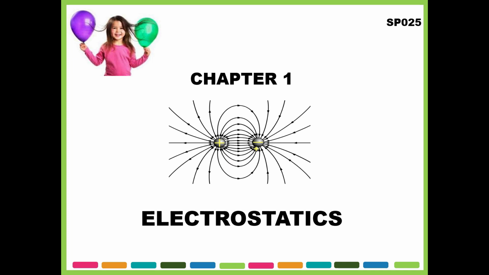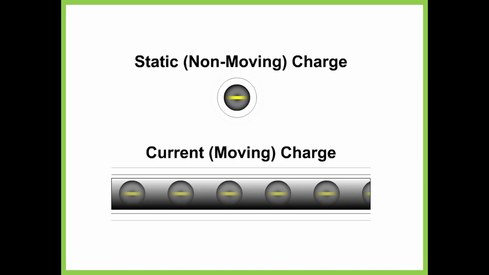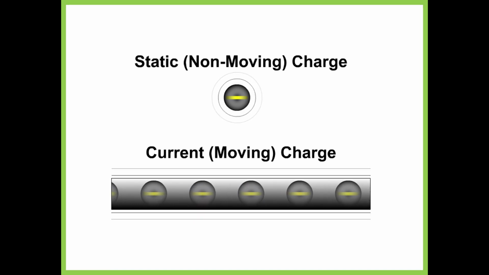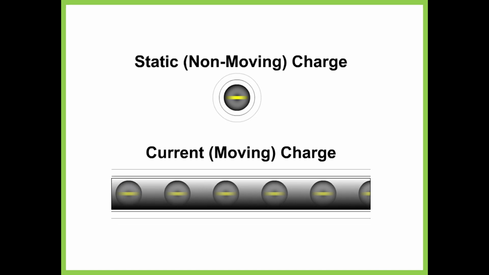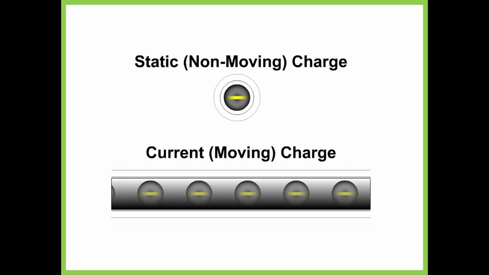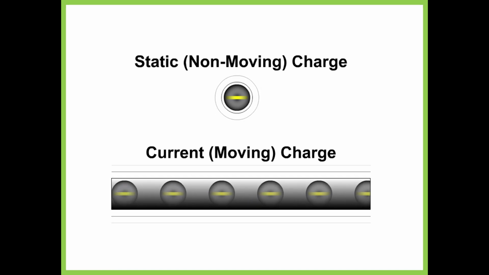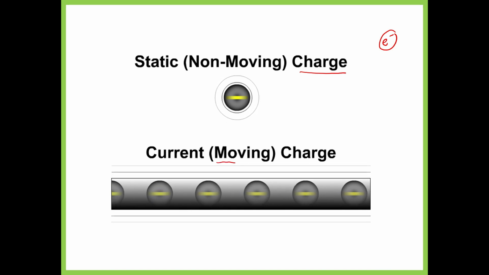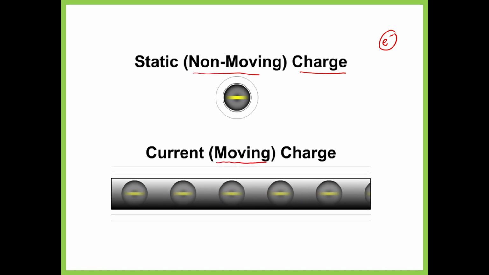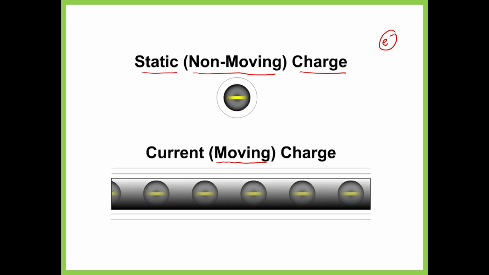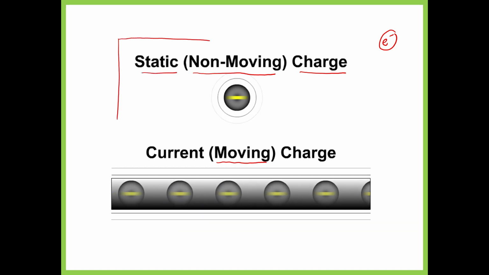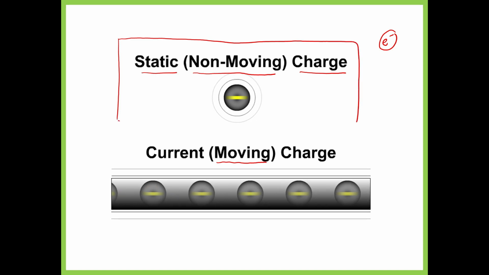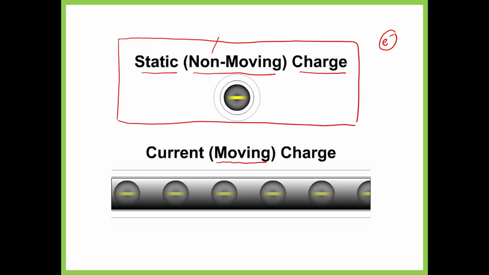For this second semester, we are starting our lecture with chapter 1, that is electrostatics. Let us discuss more about electrostatics. For your information, electrostatics is related to electricity, and electricity is actually made up of electrons. Electron is a charge, and charge can be moving and also non-moving, or we call it static. So for this chapter, electrostatics, we only focus on static charge, or charge that is at rest,